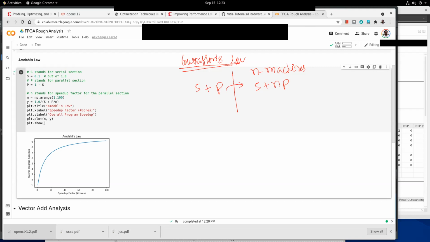And once the workload increases, the scope for parallelization increases. So if you take this ratio, what is the speed up when we compare with the original application? Then the scale factor also increases.